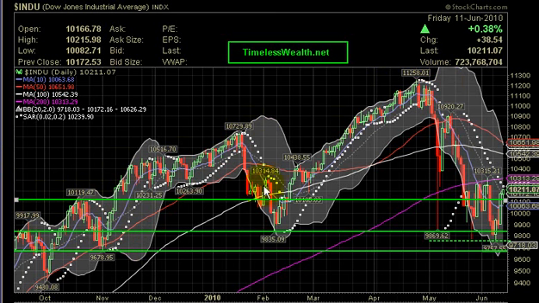On the resistance end, we have 10,240, which is primarily based on parabolic SAR, the indicator that shows you whether the market's in an uptrend or downtrend, these trending white dots. Once the market breaks above it, it's by definition trending upwards in an uptrend, just as it was doing right after this retracement here from 98.35 all the way to